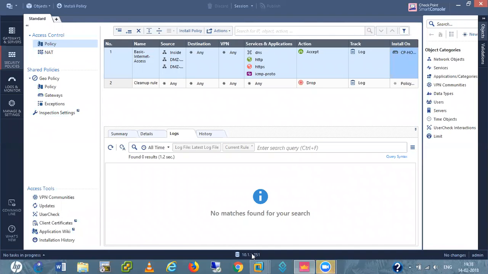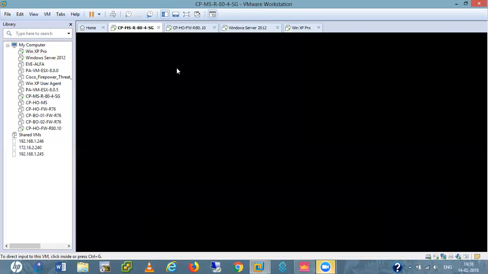Okay, so I am using the same topology. See, this is my security management server.